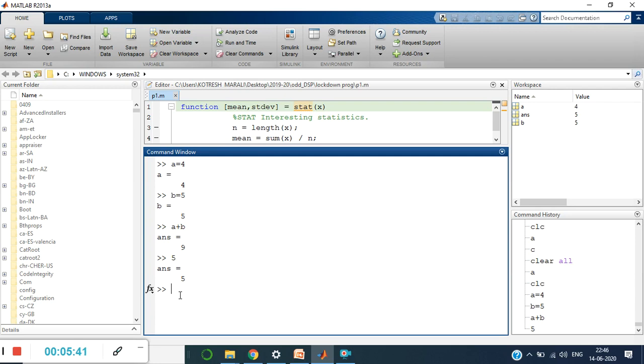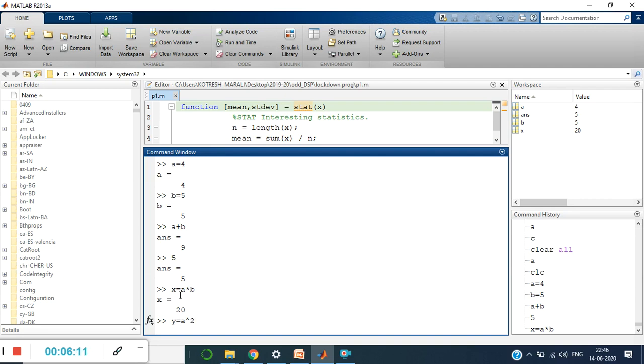Similarly, we will go for other operations, like let me say x is equal to a star b. The star operation is used to perform multiplication.